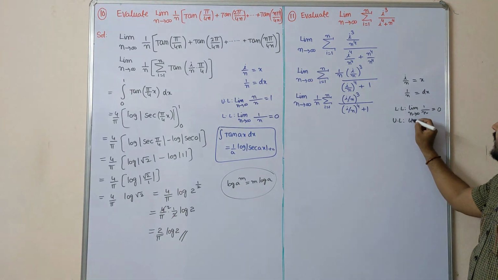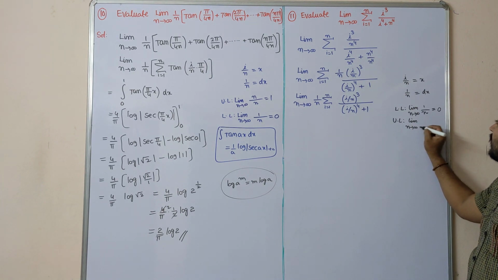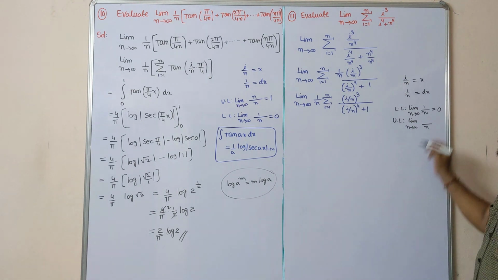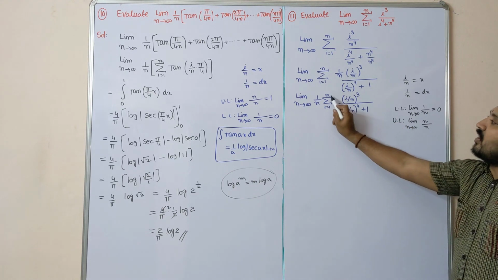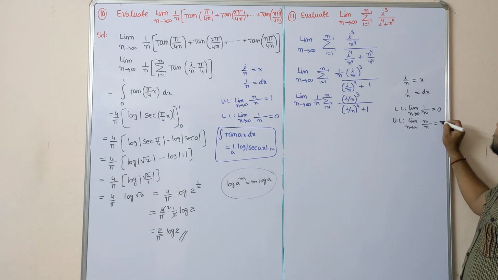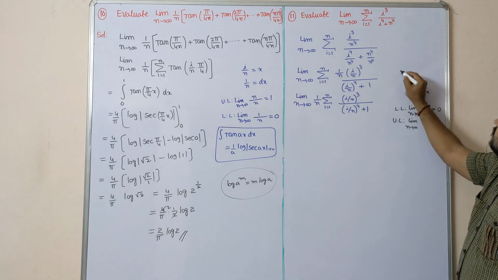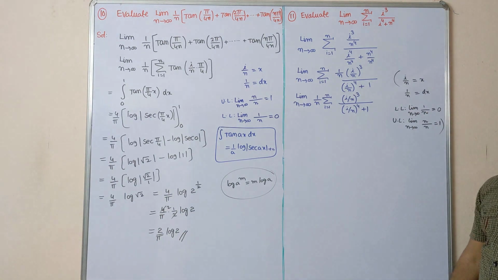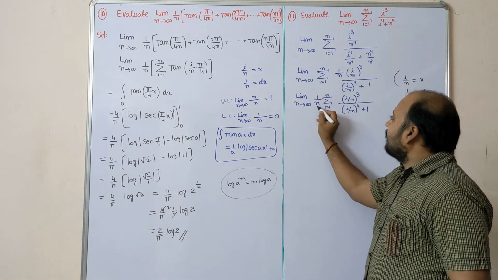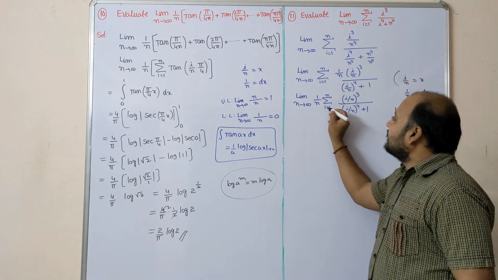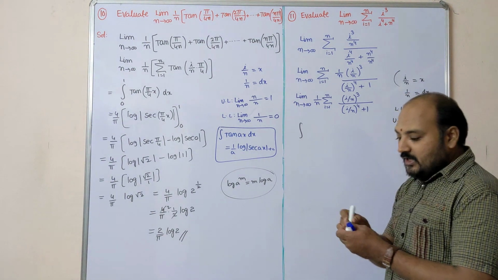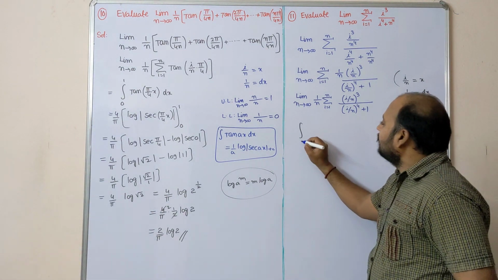Upper limit: when limit n tends to infinity, total number of partitions are n and the final value of i is n. So n by n is equal to 1. So now in place of 1 by n and dx, integral 0 to 1,